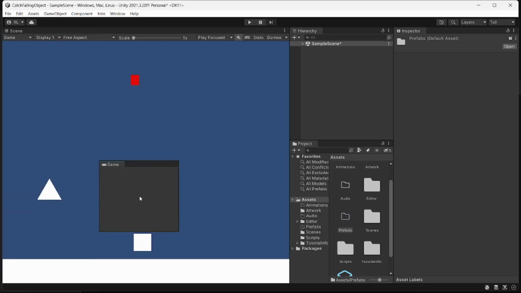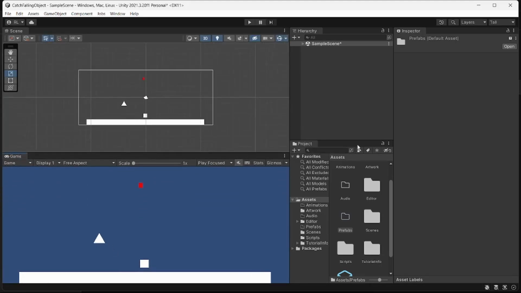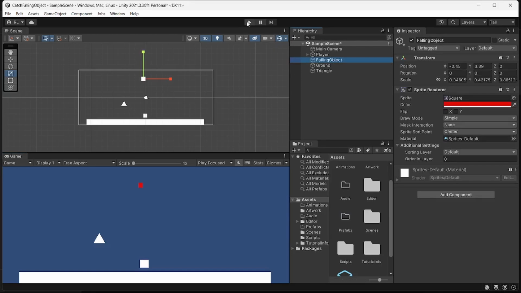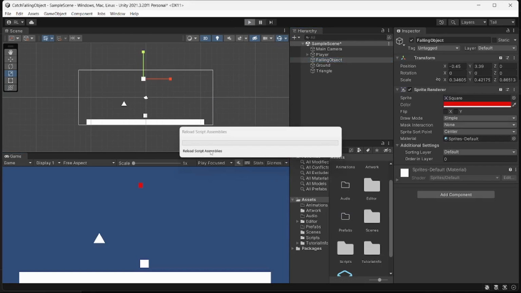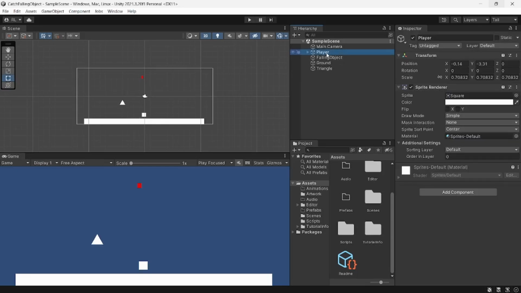I usually put that at the bottom here so that I can work much easier. And I have the hierarchy, the project and the inspector that allow me to see some of the objects here. Then I can work on the different ways I would want to set up my levels. Okay, now that we're a little bit familiar with the interface,